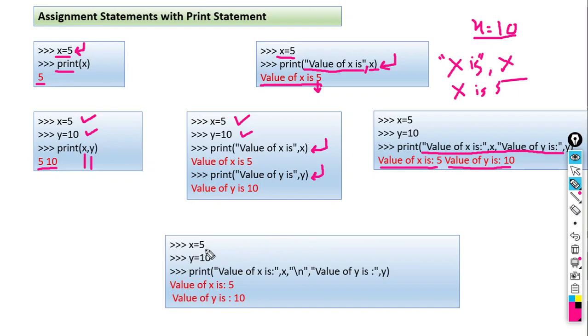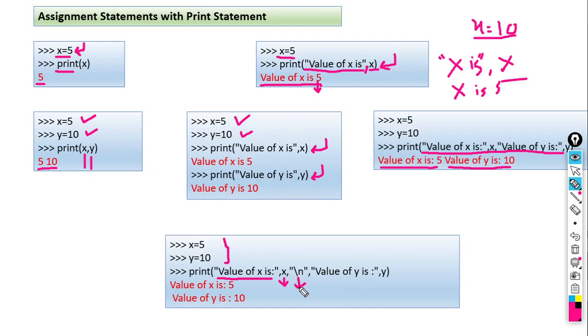In the fourth example, again we stored two values. Only within the print statement, we have given value of x is x, then slash n. This is a white space character. With the help of this character, we can take control to a new line. Here slash n is not given, so it will continue printing in the same line.